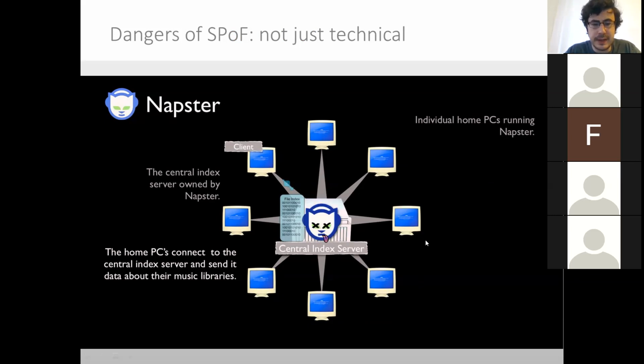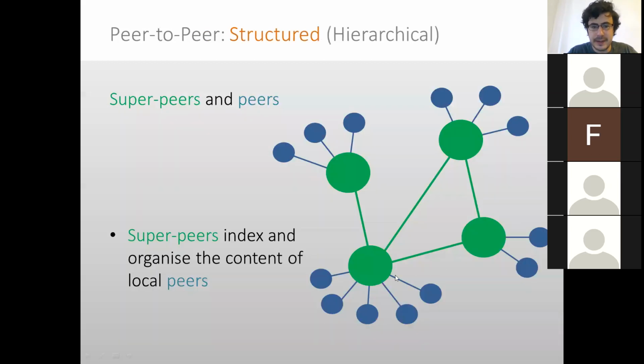So this is a disadvantage, even aside from law enforcement and so forth. Essentially, the idea is that if you lose this central index, then the network will cease to function. There are also issues with respect to privacy, and this central node can become a bottleneck as well. These are also valid disadvantages. So, a very general, very brief